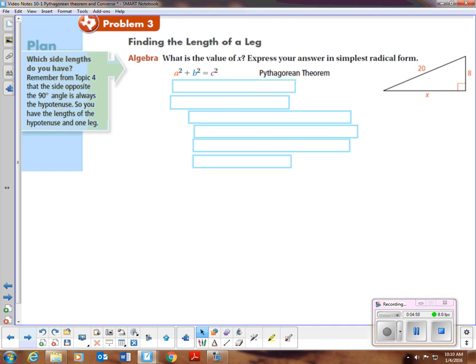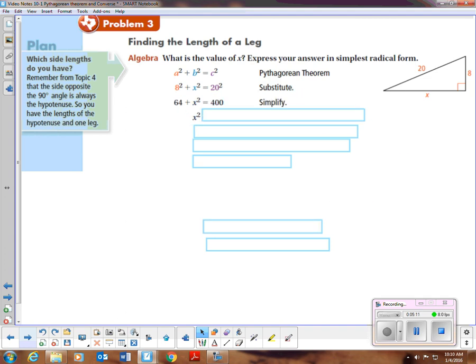So if I look at here, I'm finding a leg. So that could be an A or a B. So I plug in my numbers. 8 is the A part. The x squared is going to be the B part. And the 20 squared is going to be the C. I simplify. Once I get x squared equals 336,